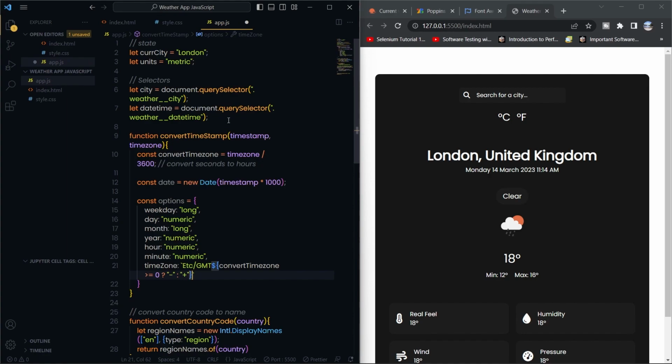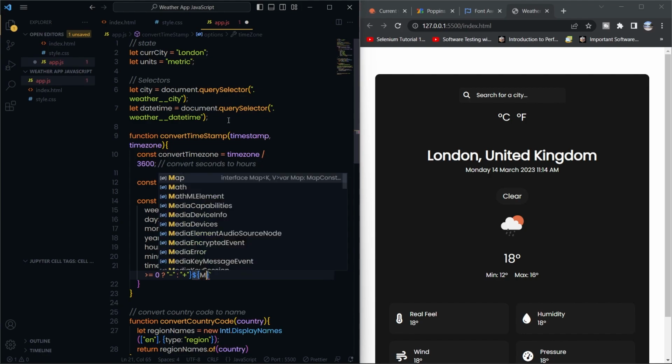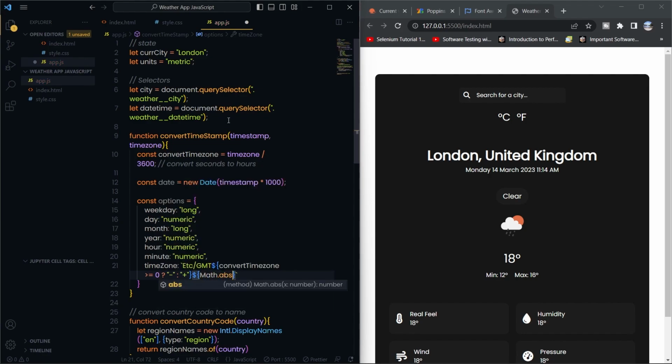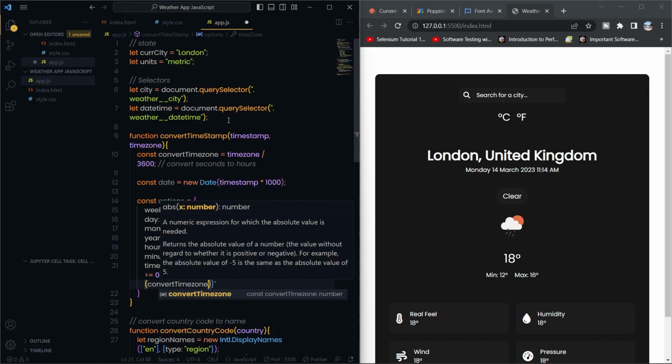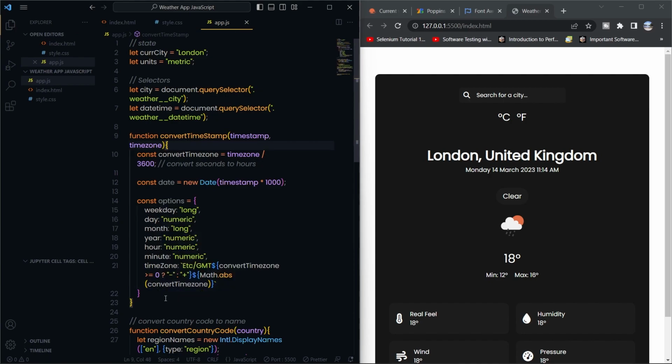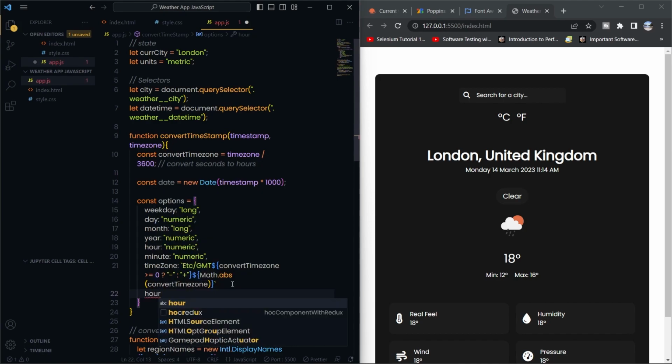And then afterwards, we'll add another curly braces, Math.abs convertTimezone. And then after this, we're going to pass hour12 will be true. Hour12 true. Okay. And then we're going to return